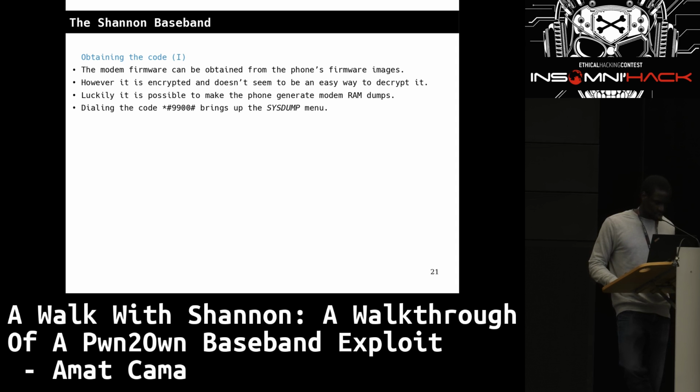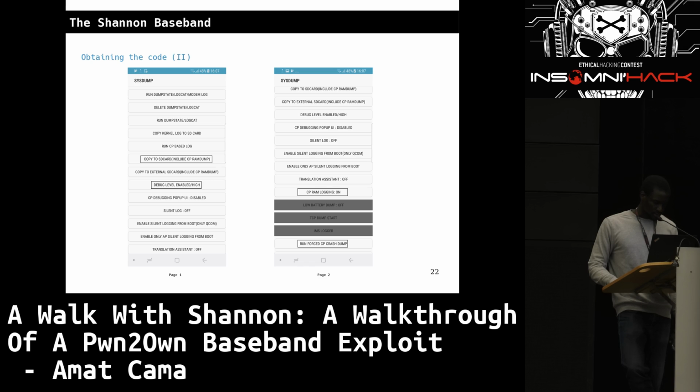So what it looks like is you just use this special code. It works on pretty much all Samsung devices. And this is what the menu looks like. So first we want to turn on RAM logging,